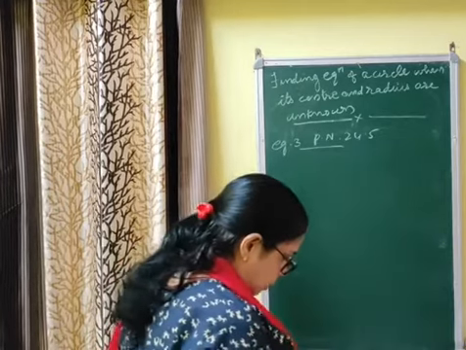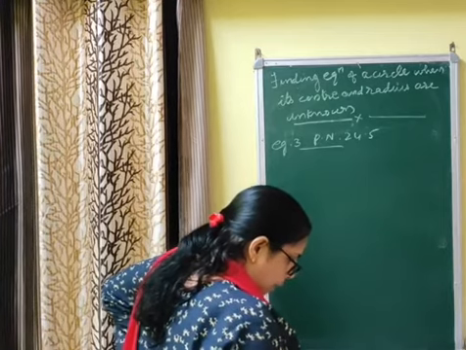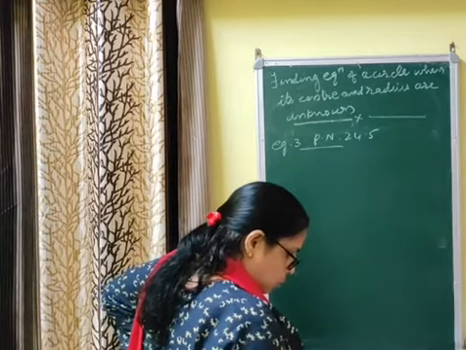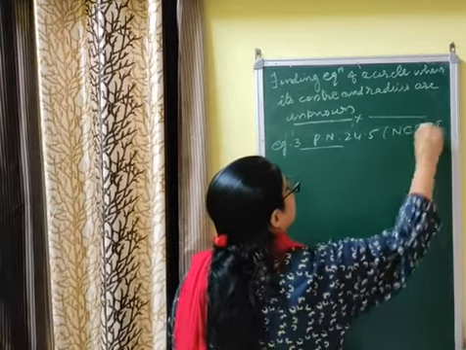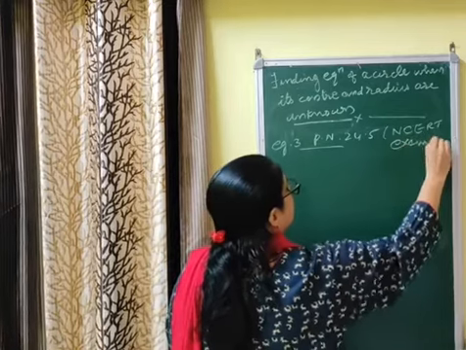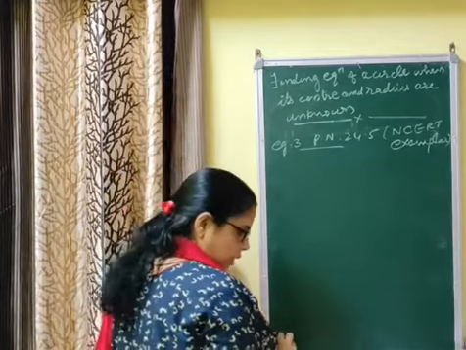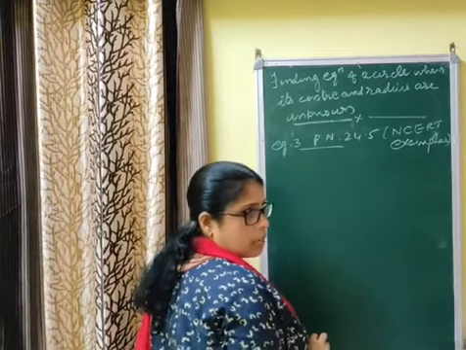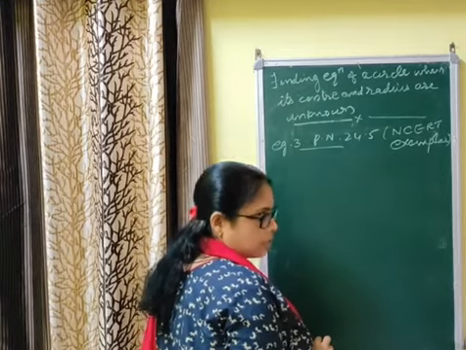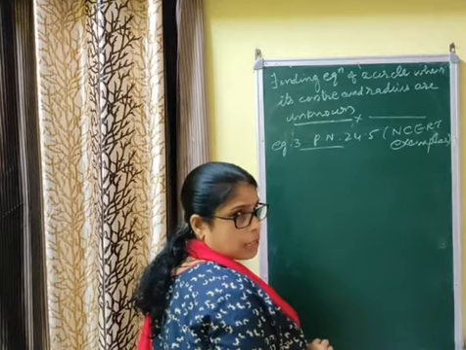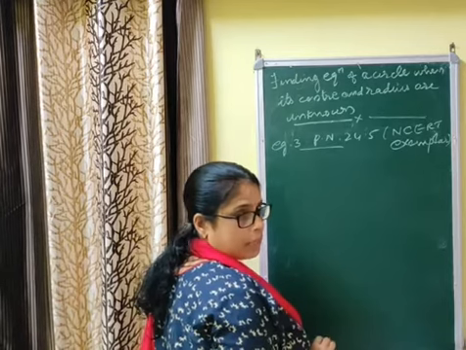Find the equation of a circle having center (3, -4) and touching the line 5x plus 12y minus 12 equal to 0. This is NCERT exemplar. I told you, don't avoid any question related to NCERT exemplar. It is very important not only for class 11th but also for the board examination of class 12th, because the class 12 board examination is not so easy as the class 10th board examination. Students used to think that if I score 95% in class 10, I will easily get 95% in class 12. That is not the case, because in class 12 more questions will come on the basis of application level.